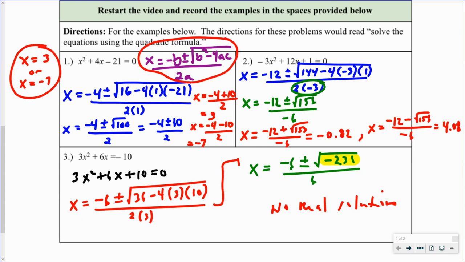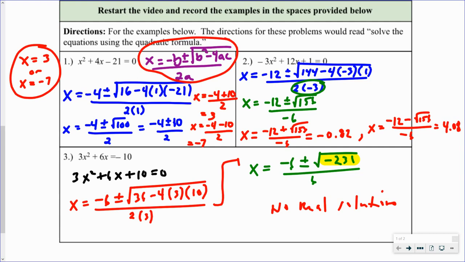So I would have attempted to factor that first, just because I think factoring is more efficient, and there's less chance of making arithmetic errors, because that's kind of the problem with the quadratic formula, is people will make arithmetic errors. So I always try to factor first, and if I can't factor, that's when I'll use the